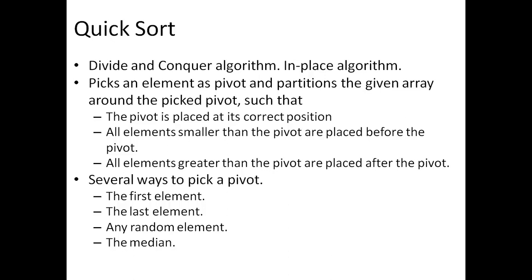So basically, three things are happening in each iteration: the pivot element reaches its final position, and elements smaller and greater than the pivot element lie respectively at the left and right side of the pivot element. Any element can be chosen as a pivot element. As such, there is no restriction. During the discussion, we are going to opt for the last element as the pivot element always.